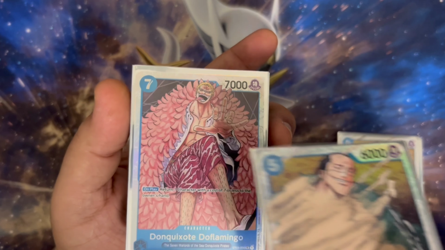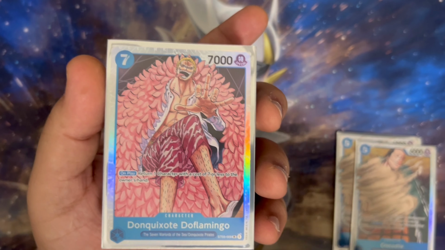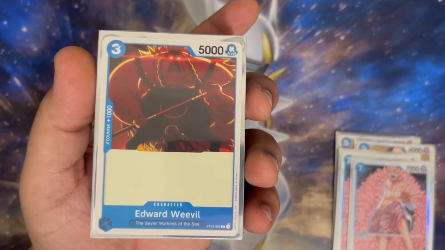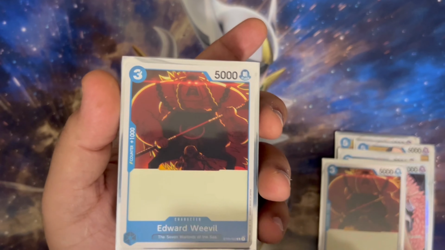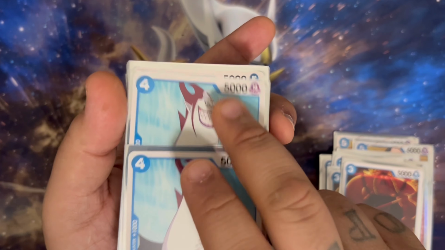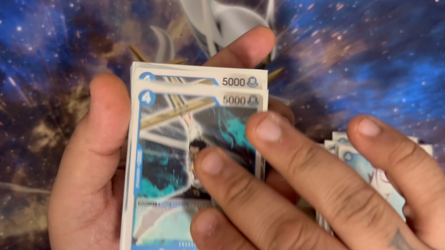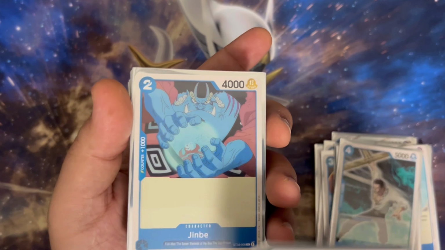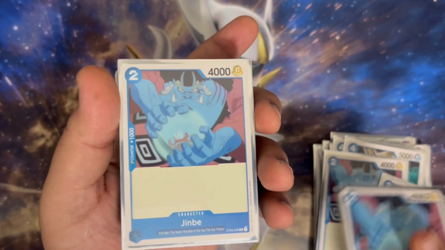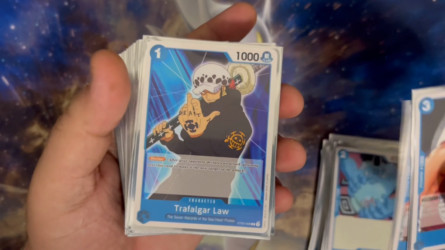Looking awesome. Then we have the Don Quixote Doflamingo card, which is probably my favorite card from this deck. And you get 2 of those as well. You also get Edward Weevil. Got Gecko Moria, get a couple of those, as well as Dracule Mihawk, 2 of those. You got a Jinbei, Sentomaru, you got Trafalgar Law,